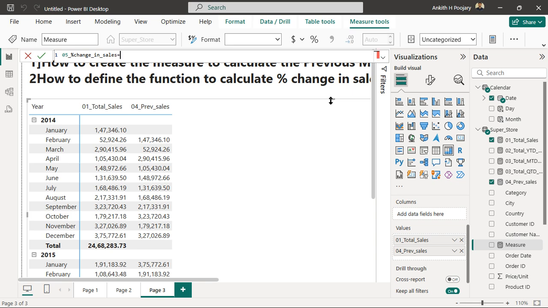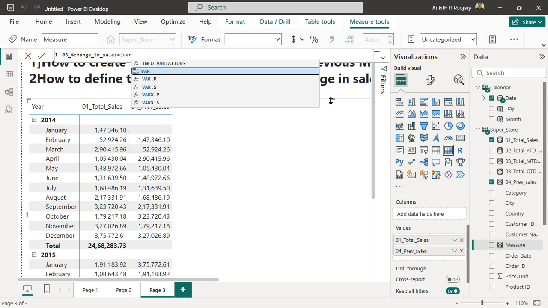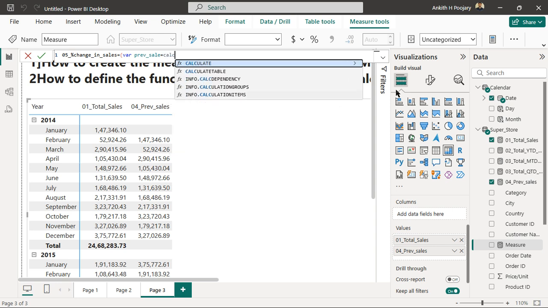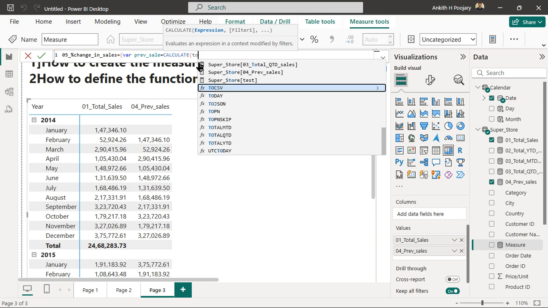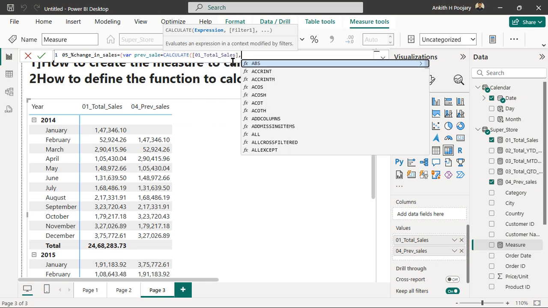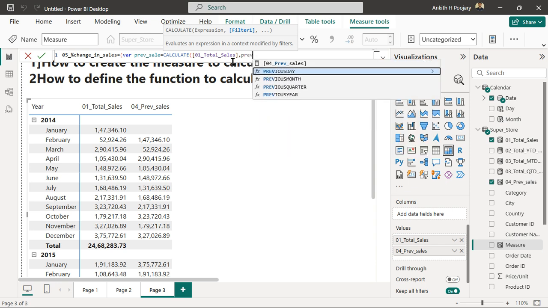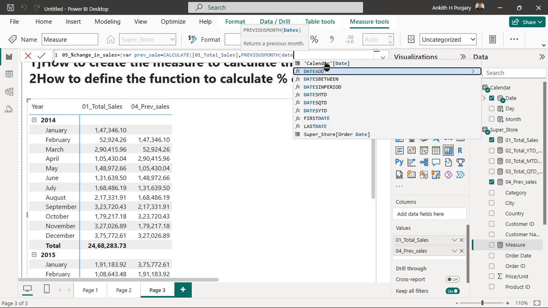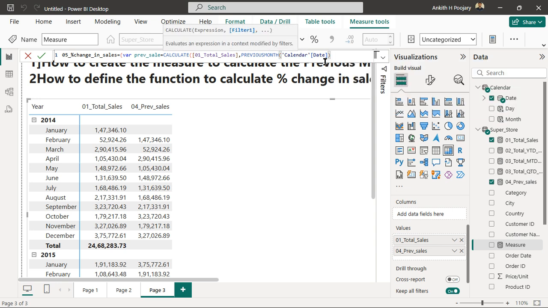What I want to calculate, first I will define the previous month sale. So I will define a variable, previous month sale, is equal to, and I will use the same logic which I used for the previous calculation. That is, I want to calculate the total sales of the previous month. So the date context will be the date from the calendar table. So one calculation is done, and the next one I want to create